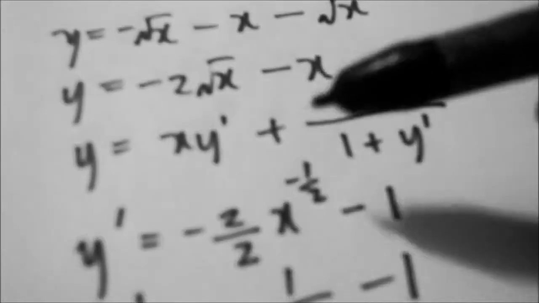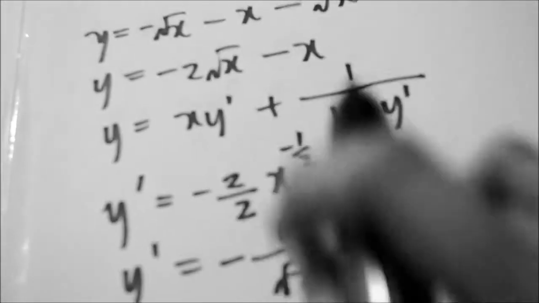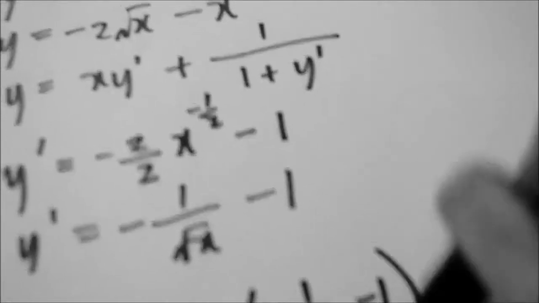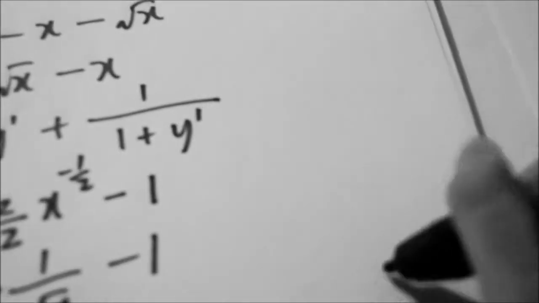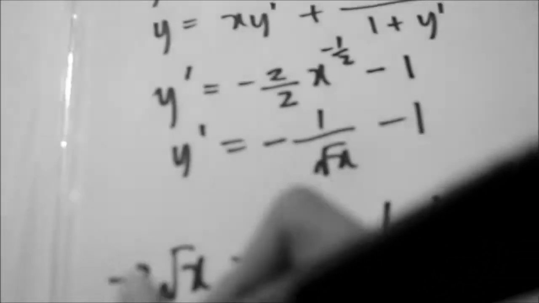So after this, since our y is equal to -2 square root of x minus x, we will equate this to the original differential equation, x y prime plus 1 over 1 plus y prime. So y prime is this one, plus 1 over 1 plus y prime, we will get